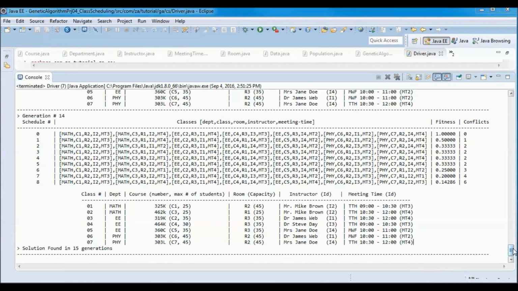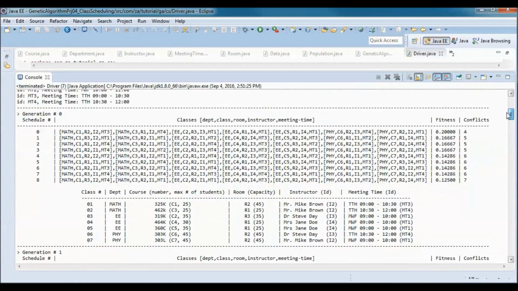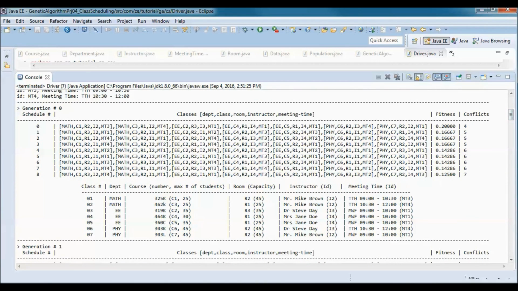And let's quickly take a look at what a conflict means. So we would have a conflict if an instructor is teaching more than one class at the same time. So an example is here. Jane Doe is teaching two classes at the same time.